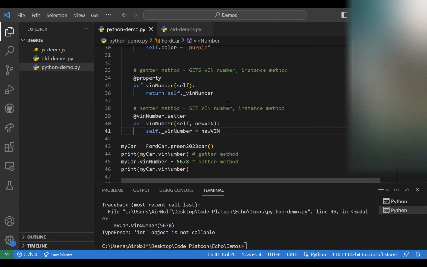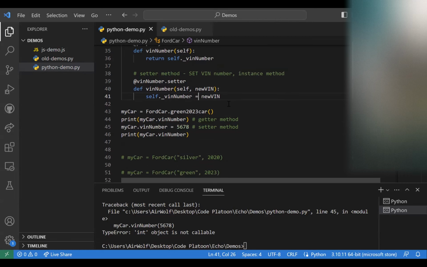Quick question real quick. Say you had a long list of new VIN numbers that are associated with cars that you already have in your thing. What would be a method of setting multiple VIN numbers at once? I guess what you're saying, Ethan, is if you have a dictionary of VIN numbers and cars, or a list of VIN numbers and then a list of cars. Is that right? Yep. So I would just iterate over either the dictionary, or if you had two lists, create